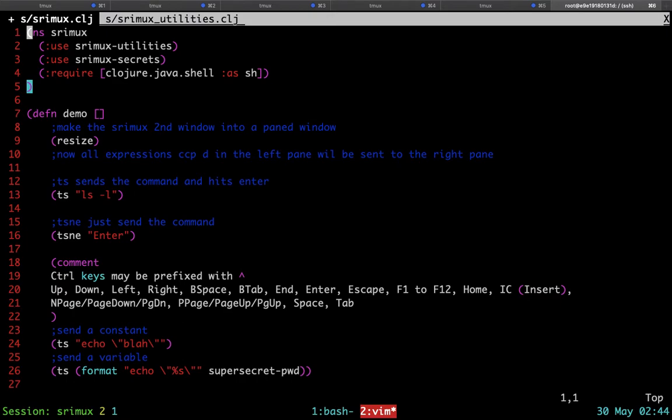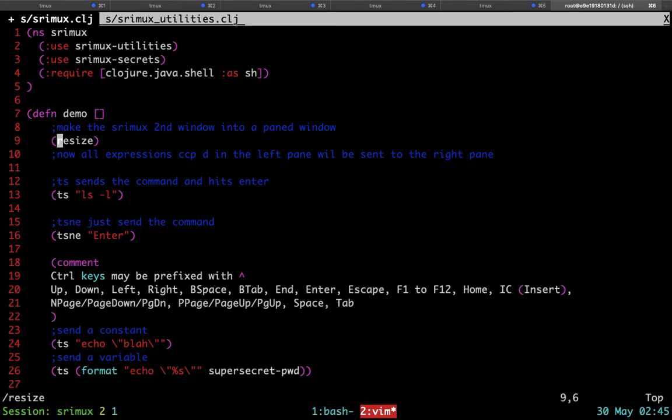Now let's execute that resize command that you just saw. So the way you would do it is you just navigate to the resize function. It doesn't matter that the resize function is falling under the demo function.